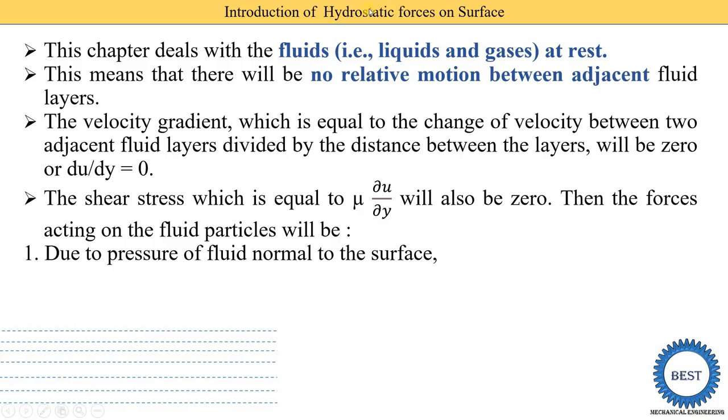In this heading we mention the hydrostatic force on the surface. Here we study four types of surface, meaning the object or surface is horizontal, vertical, inclined, or a curved surface. So we focus on the pressure of fluid normal to the surface, meaning the fluid pressure is at 90 degrees to the surface. Suppose a horizontal surface is there, then the fluid pressure acts vertically. When a vertical surface is there, then the fluid pressure acts horizontally. This is how the term normal to the surface is explained.